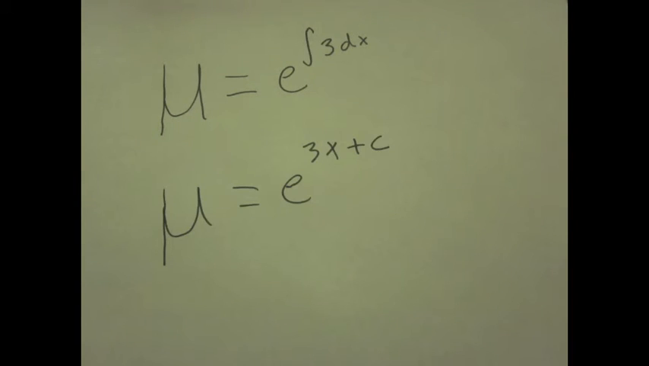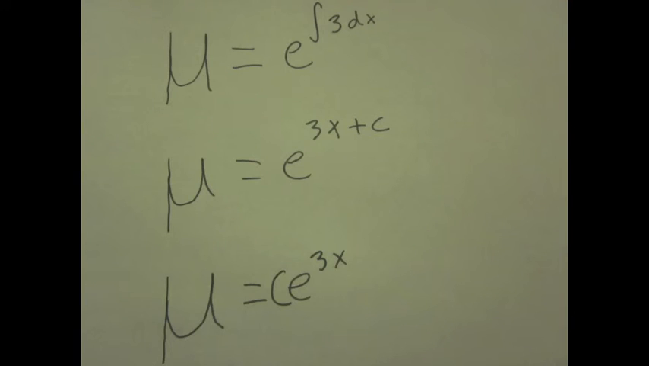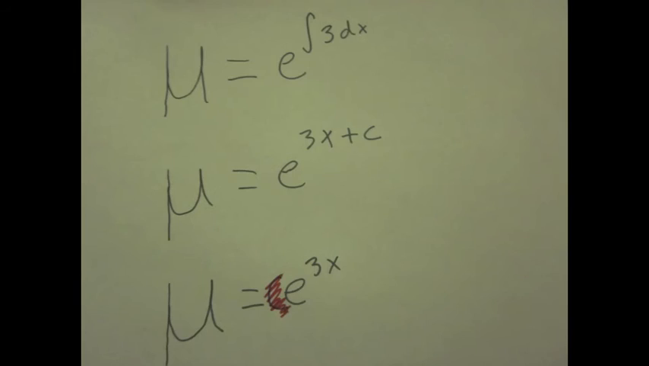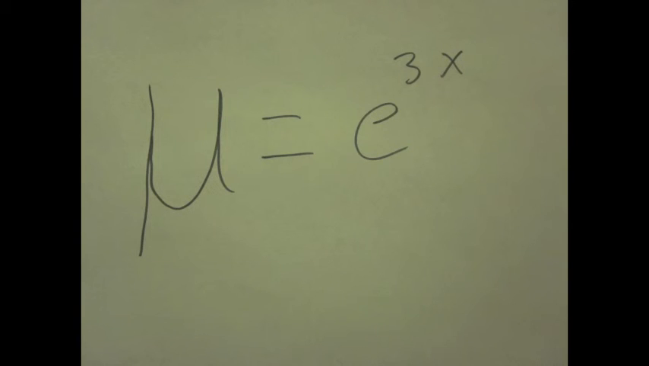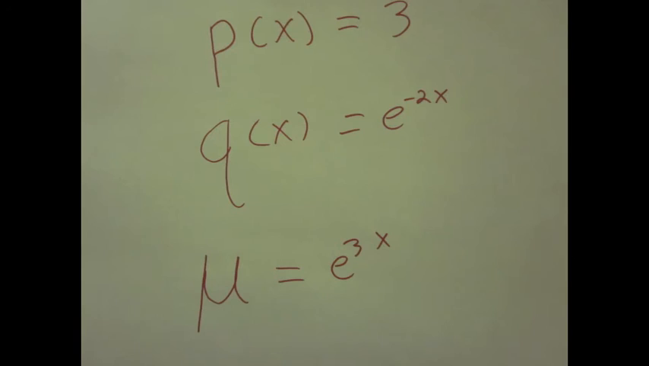The integral of 3 is 3x plus c, so mu is e to the 3x plus c. However, the c would normally be brought down to the front, but in this case, we know that mu later on will be used in an integral anyway, and we can save that c and combine it into the big C at the end. So for the purpose of mu right now, we can say mu is e to the 3x. So now that we've defined p of x as 3, q of x as e to the negative 2x, and mu as e to the 3x,